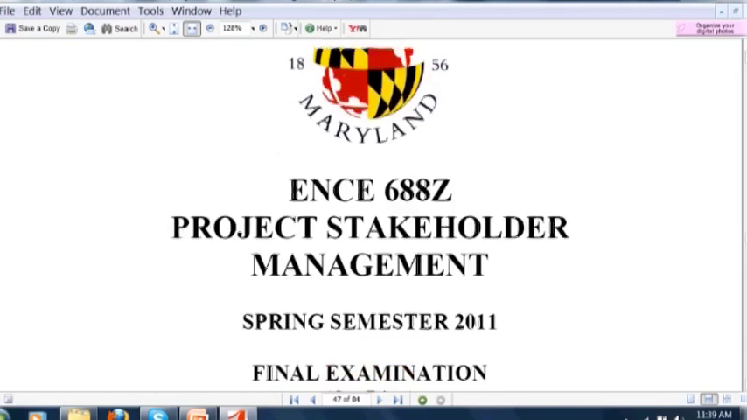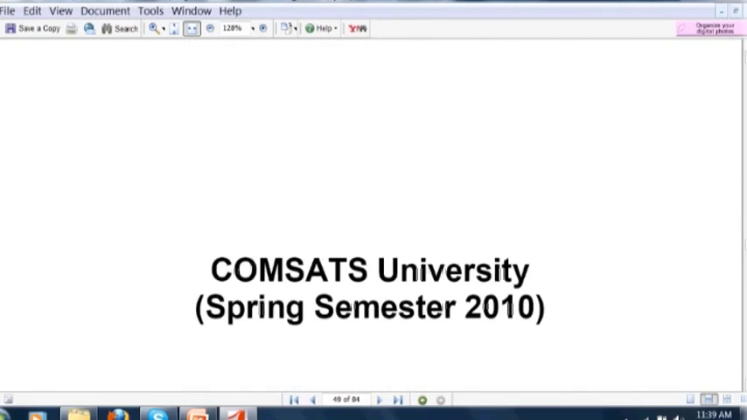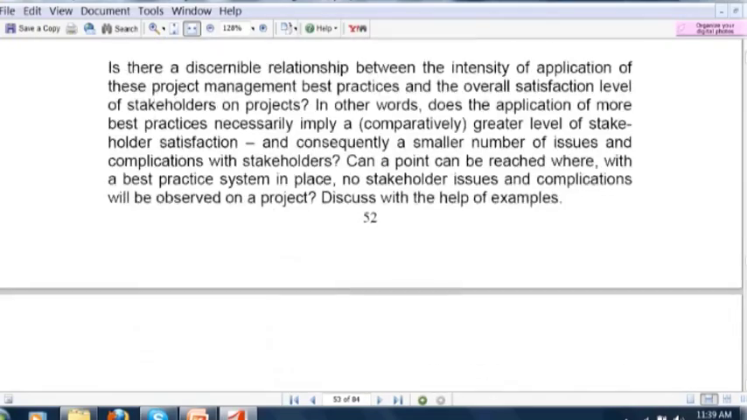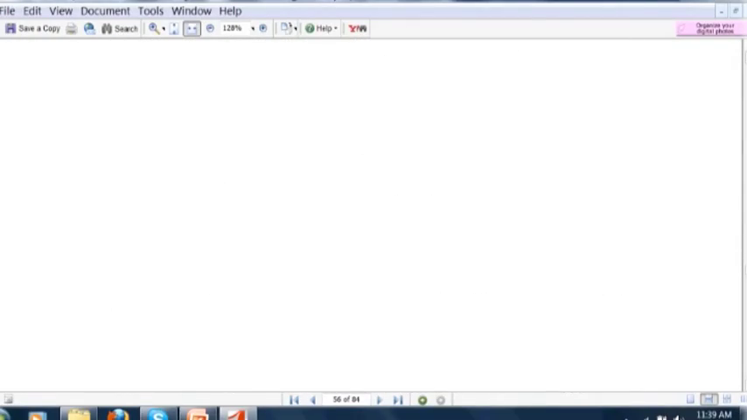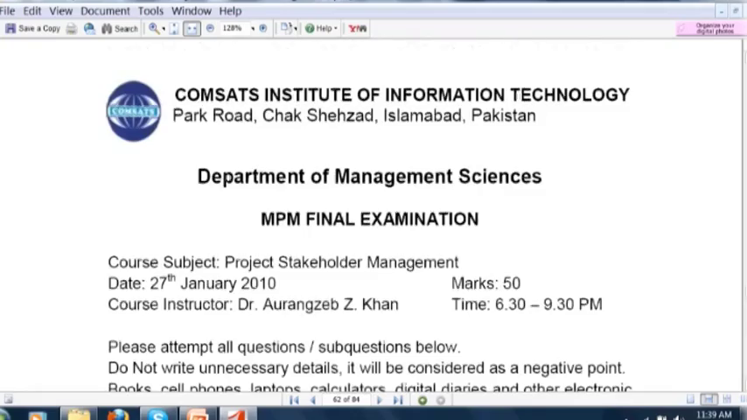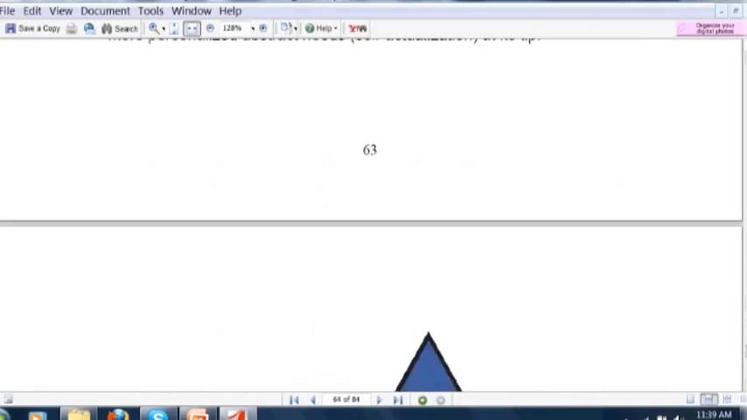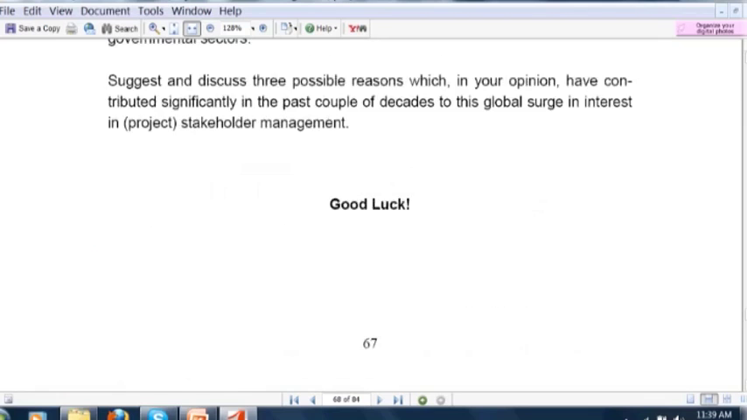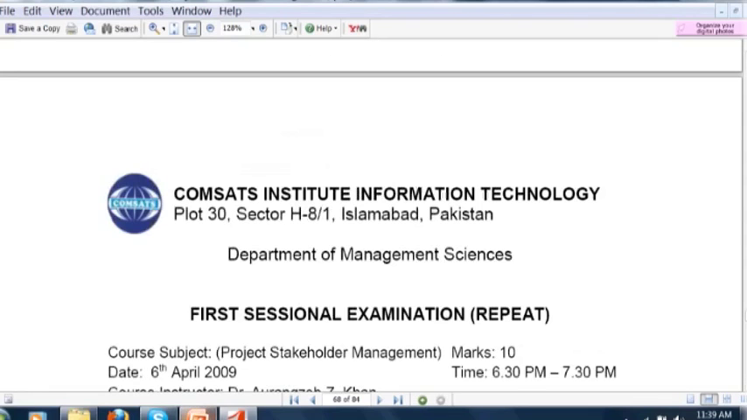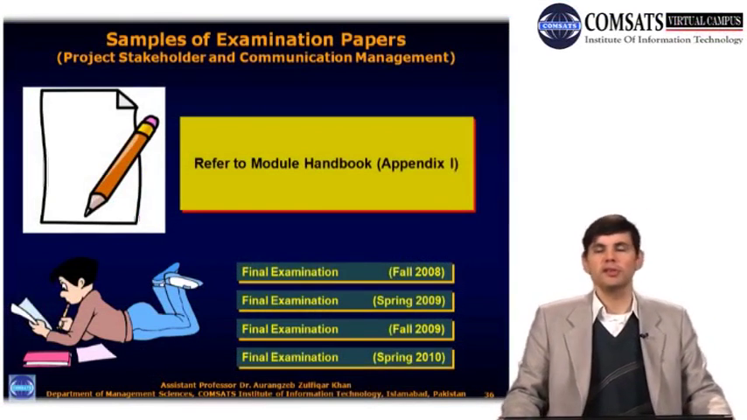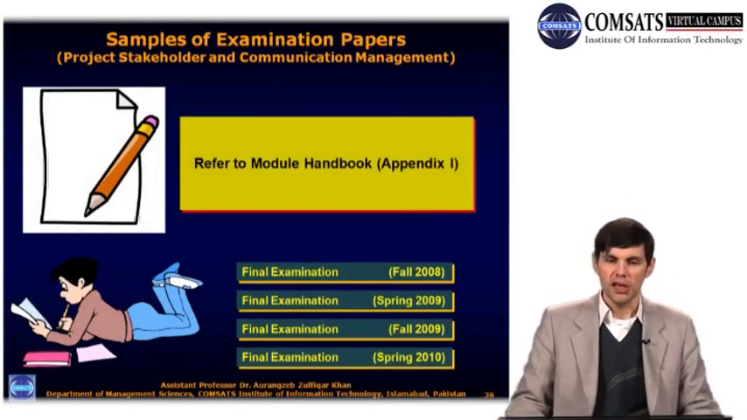So all these old examination papers from spring semester 2010, you can find here in the appendix. I always update them. The most recent ones come first, and so forth, as you can see, Maslow's pyramid here, and it goes on and on and on. Anyway, to cut a long story short, this is how the course is being assessed